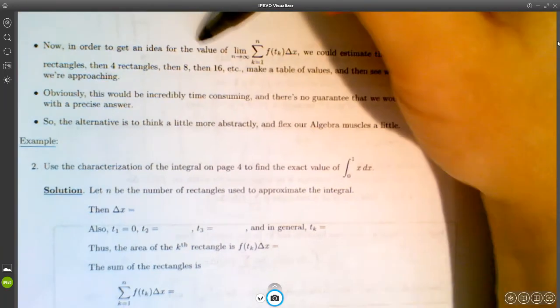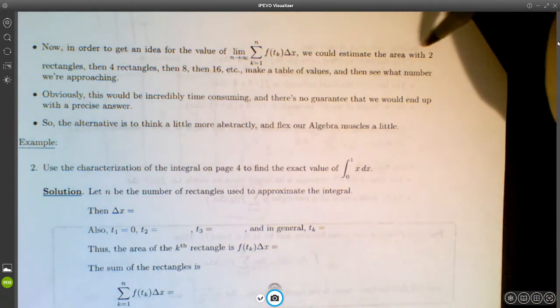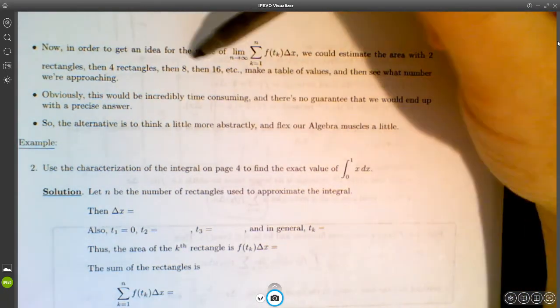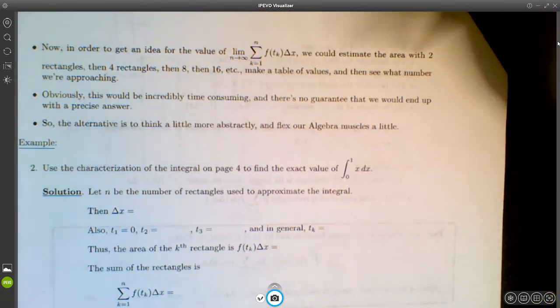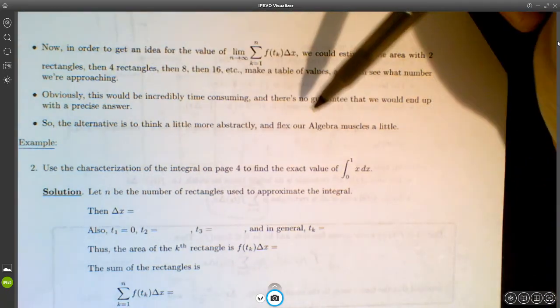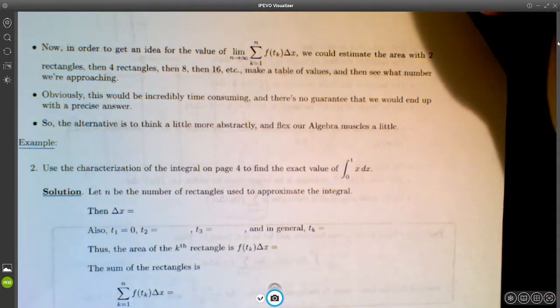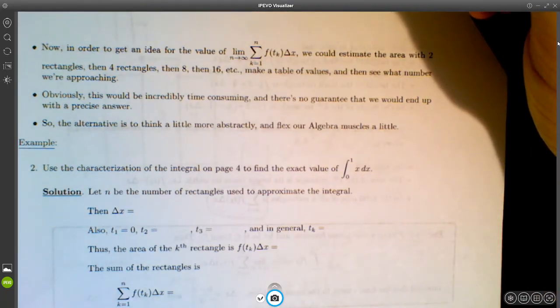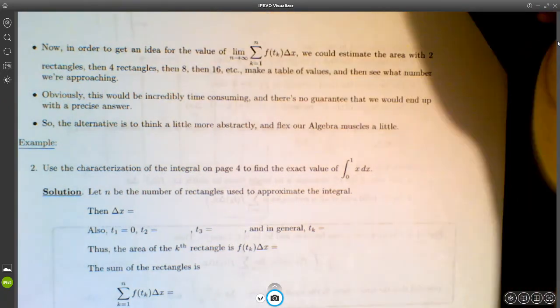Now, in order to get an idea for the value of the limit as n approaches infinity of this thing, we could estimate the area with 2 rectangles, and then with 4 rectangles, and then with 8 rectangles, and then with 16 rectangles, and then we can make a table of values and see what number we're approaching. Obviously, this would be incredibly time-consuming, and there's no guarantee that we would end up with a precise answer, right? Like, what if the area you're looking for is 2 times the square root of 17 or something? You're not going to get a precise answer by using a table of values to see what value